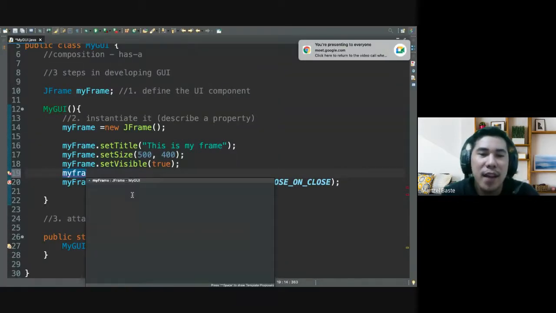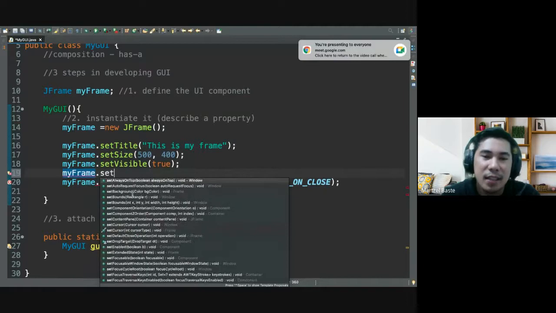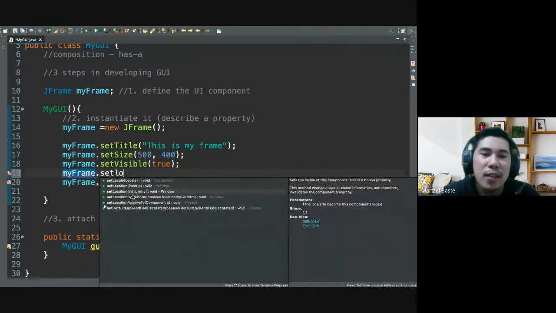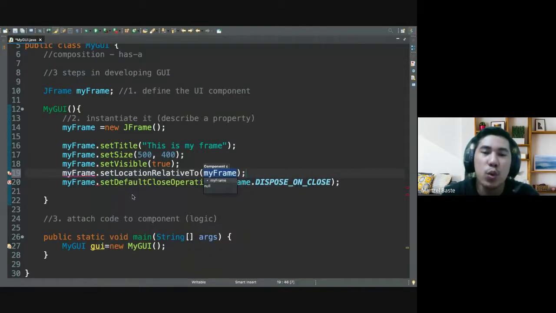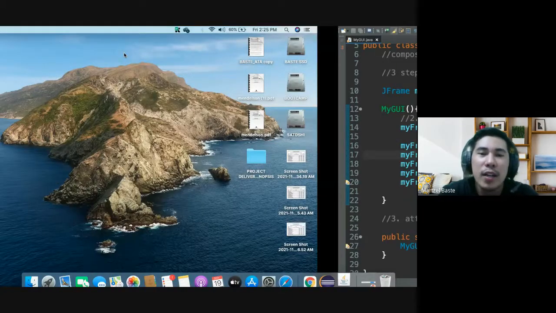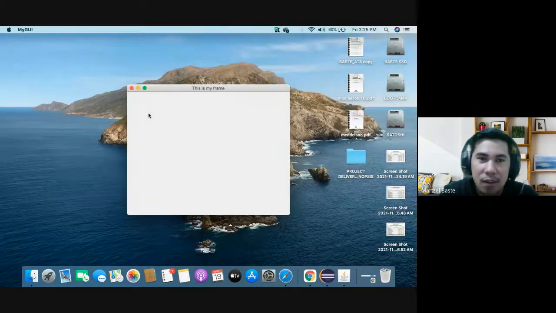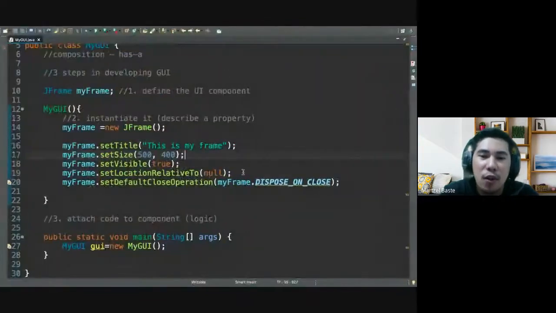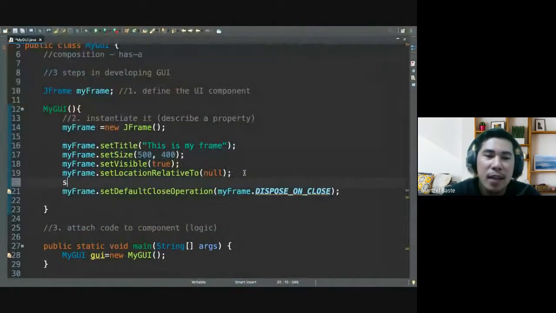Okay, so my frame dot set location. So set location relative to null. This will position our frame at the center part of our screen. I mean here. So you can also call, by the way, there's what we call my frame